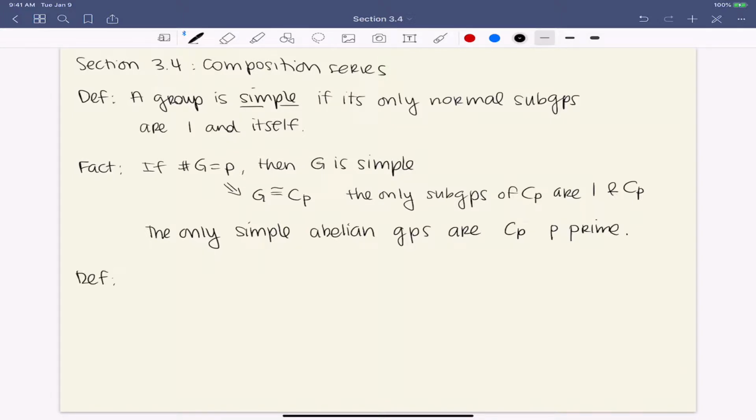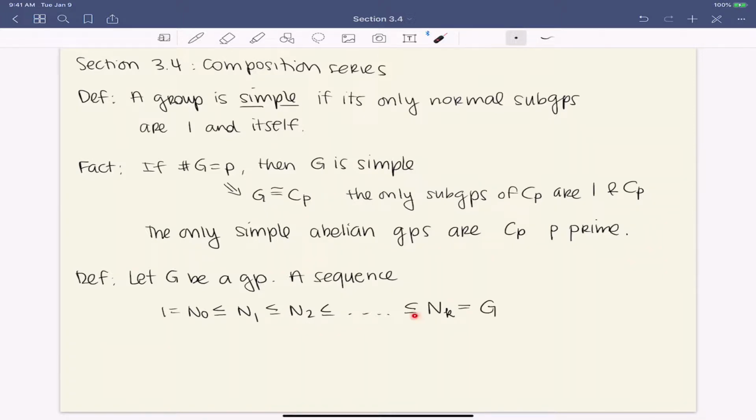So, definition. Let G be a group. A sequence 1 = N_0 is a subgroup of N_1, a subgroup of N_2, and so forth up to N_k, and that one is G. Okay, so these are all subgroup symbols. Every N_i is a subgroup of the next one. Such a sequence is called a composition series